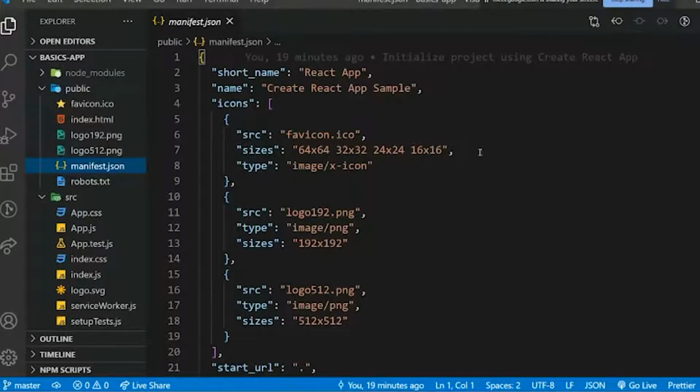What is a modern capability? A modern capability is that we are not writing anything in HTML. We are writing everything, our JavaScript and HTML also, in the form of JavaScript, but the JavaScript is compiled and translated into HTML. So this is a modern capability. So that's why the manifest file is used. And secondly, the manifest file is also written